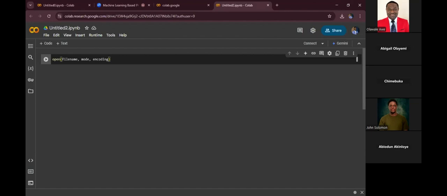And then the mode: we have reading, which is R. We have writing, which is W. We have A, which is for appending. So those are the three modes that we have. And then finally